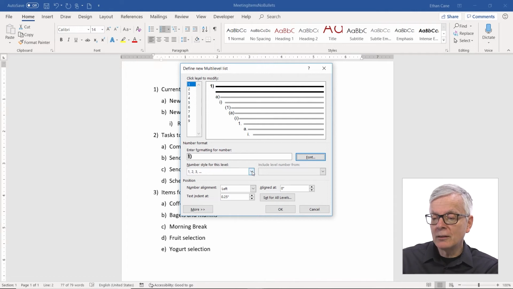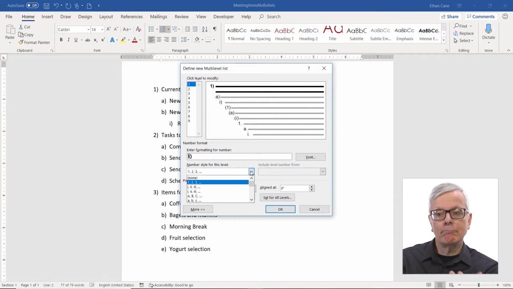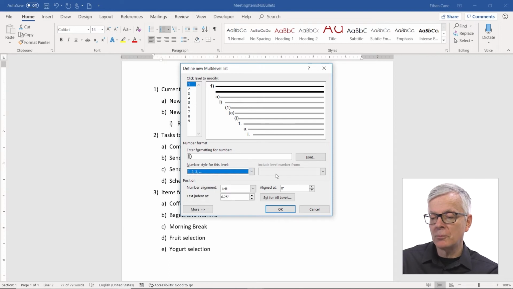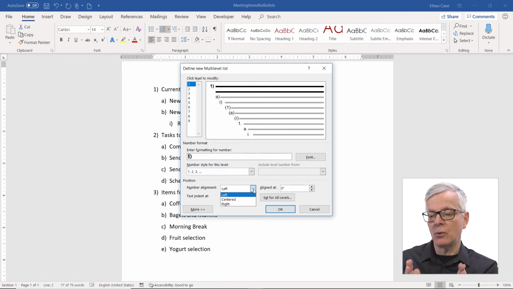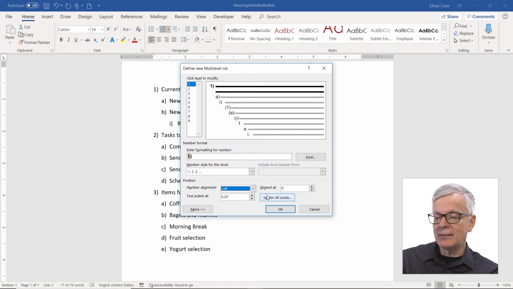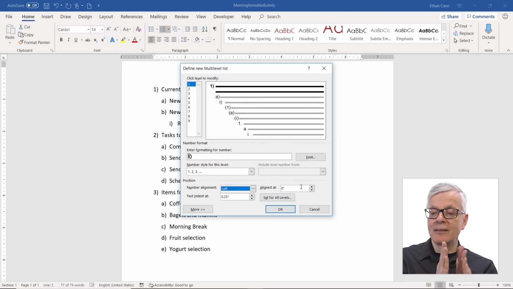Number style is, I have a number. Maybe I want capital Roman numerals or something like that. I could switch to something a little bit different. I'm not going to bother with that. The number alignment is to the left. Do I want it more to the right or in the middle of that little space? And where is it aligned? From the left